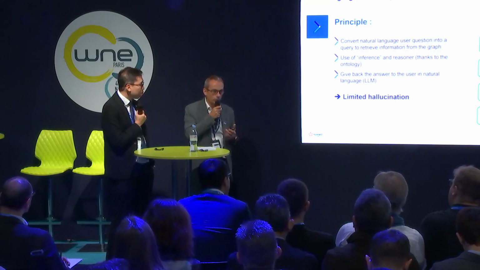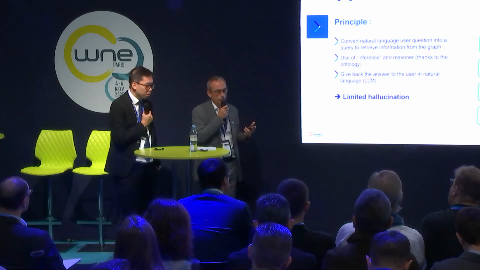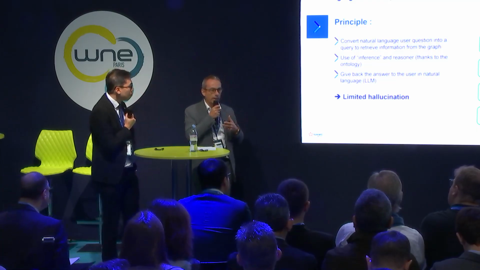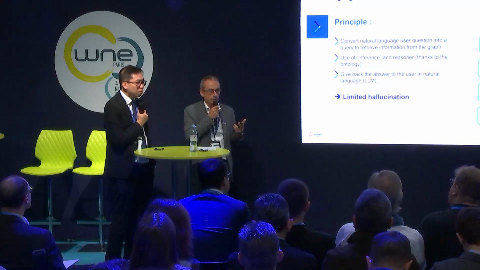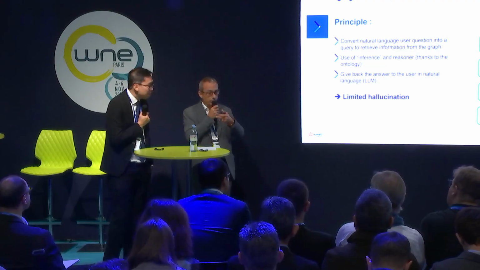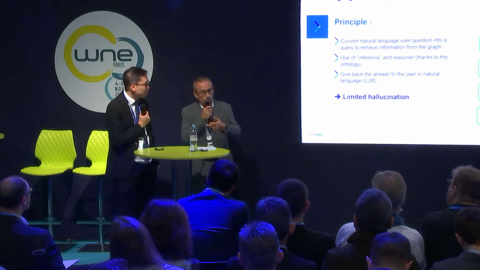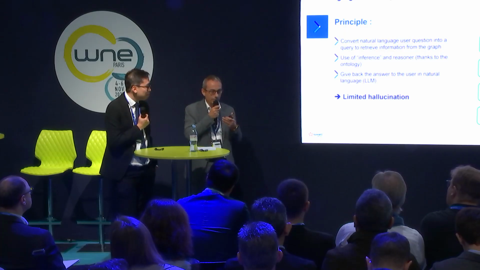So what is the interest of this? When we talk about generative AI, there are a lot of companies that are using what we call the RAG approach on unstructured data. One of the issues with this approach is that the LLM has a tendency to hallucinate. It will pick up some words and establish relations that might not exist. And it will give you something which is not reliable.